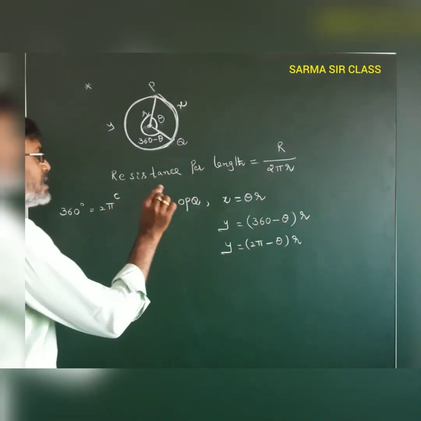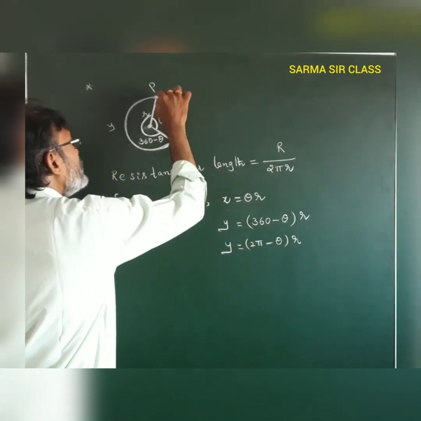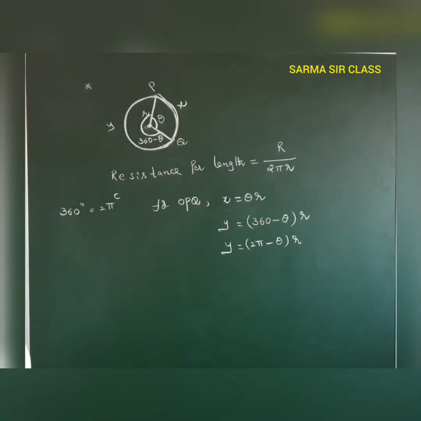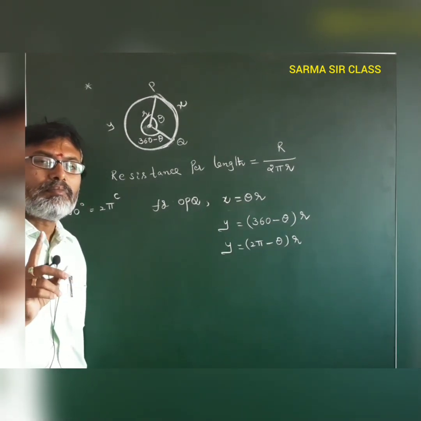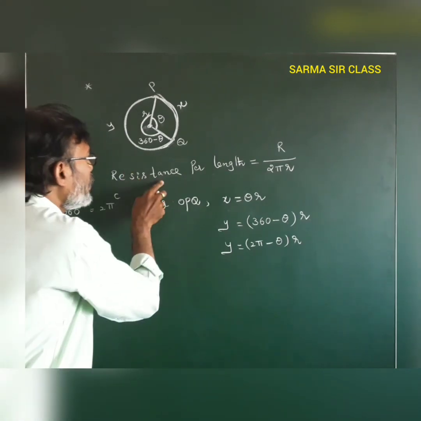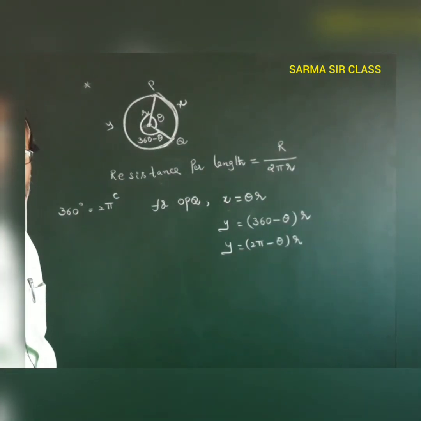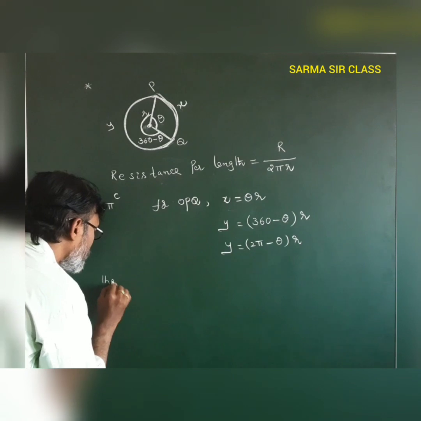So per unit length, this much resistance is present. Then in this x length, how much resistance is there? If 1 apple costs 1 rupee, then 10 apples cost 1 into 10. In the same way, per unit length the resistance is R by 2 pi r. Then x length consists of the resistance